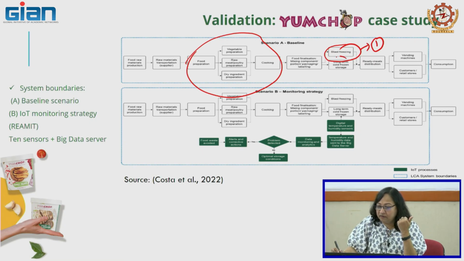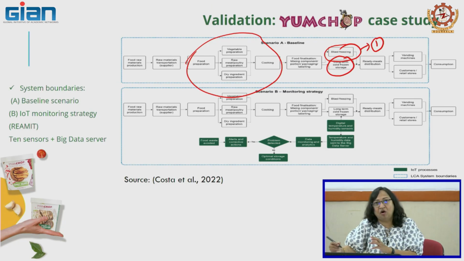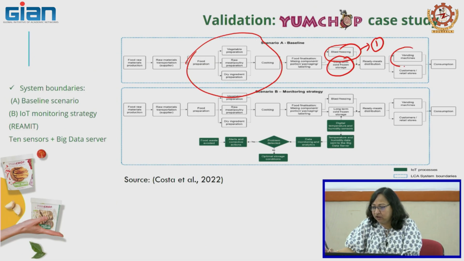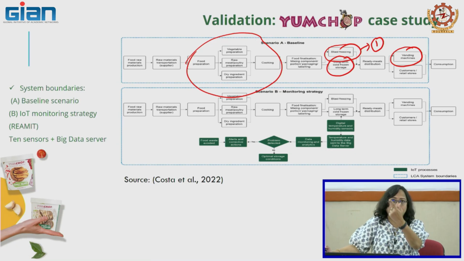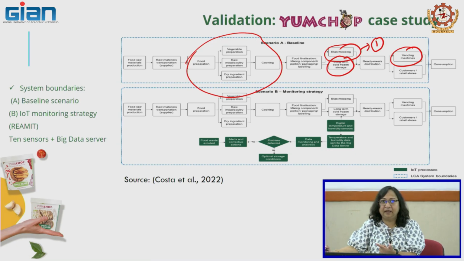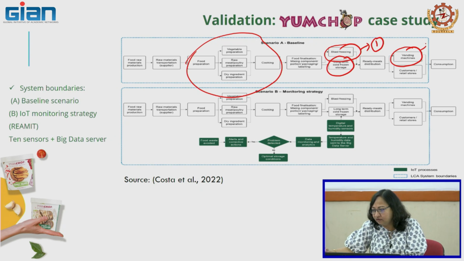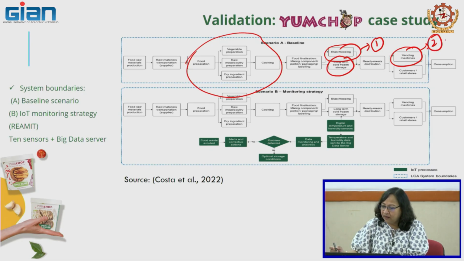Second is long term freezing. When you open the freezer, you might know the temperature will fall quickly. Nobody is opening it in this vending machine, it is automated, but in the office, in the main storage area, they will be opening it. So, we have to have a sensor in the production sector. The vending machine also has a sensor in the refrigerator as well as for the piping hot temperature, which should also be maintained and measured. So, when you are looking at this process, here one vending machine sensor, here we have a second sensor, and here we are having